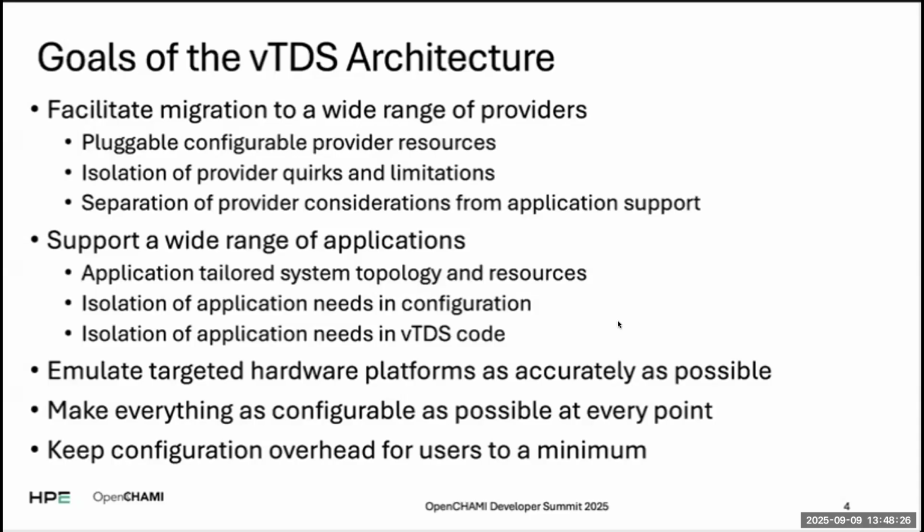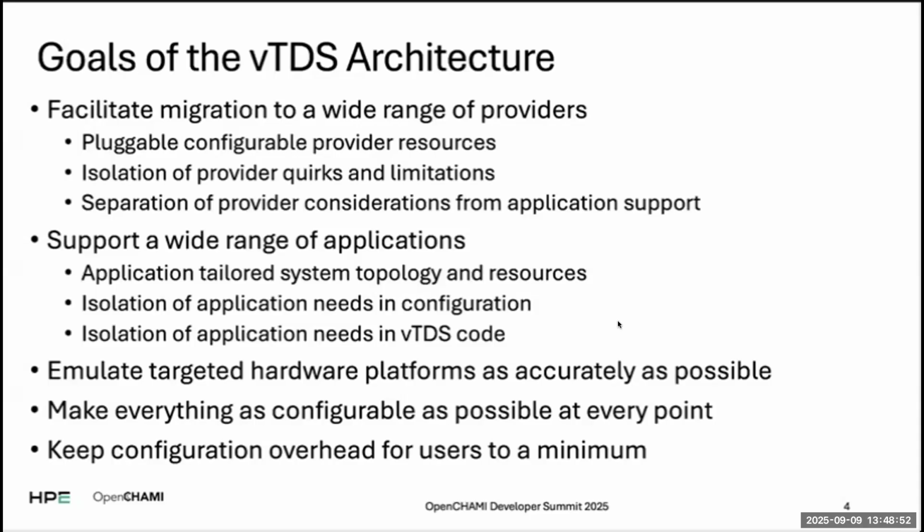So the next piece is we want to also support a wide range of applications. OpenShami is one thing that we would like to be able to run on this, but it's not the only thing we want to be able to run on this. And so we want to employ the notion of pluggability. We can plug in the logic for deploying a particular application to the VTDS tool,